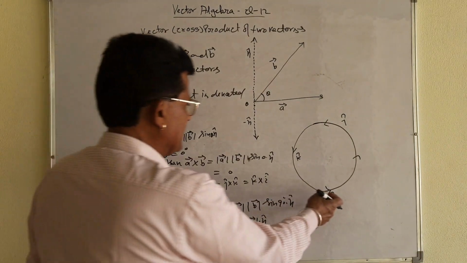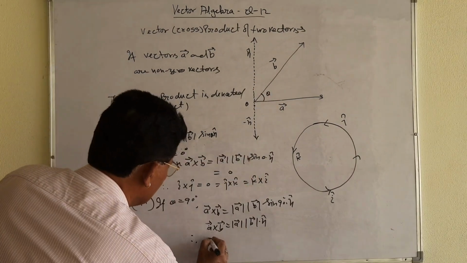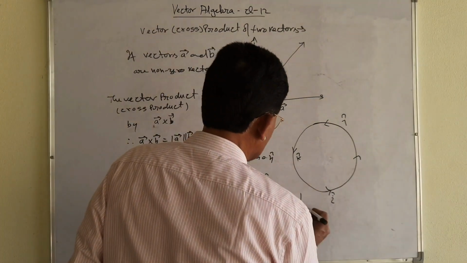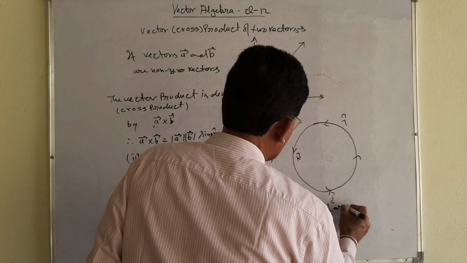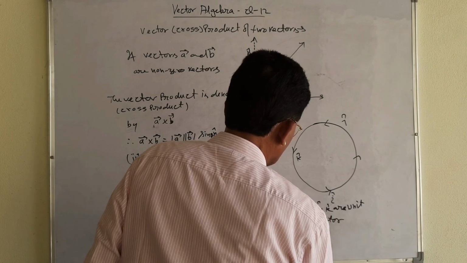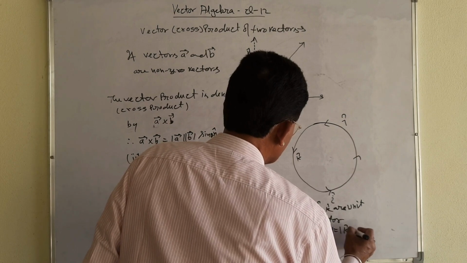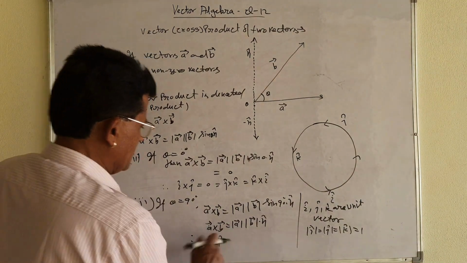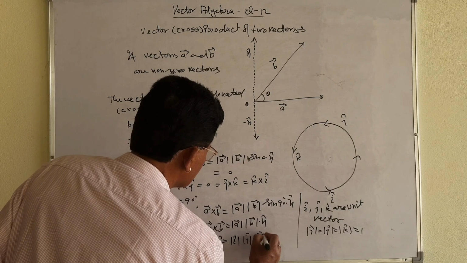Let me take the result. I, if angle is, this is I, this is J, what will happen? I cross J. These are the unit vectors. I, J, K are unit vectors. ये याद रखना है भाई, अदरवाइज तो रिजल्ट आपका कंफ्यूजन में हो जाएगा. यूनिट वेक्टर्स. और यूनिट वेक्टर्स में क्या होता है? मैग्नीट्यूड ऑफ I, मैग्नीट्यूड ऑफ J, मैग्नीट्यूड ऑफ K, इट विल बी इक्वल टू 1. मैग्नीट्यूड ऑफ द यूनिट वेक्टर विल बी इक्वल टू 1. दैट इज व्हाई यहां पे पुट अप करेंगे आप मैग्नीट्यूड ऑफ I और मैग्नीट्यूड ऑफ J एंड साइन 90 डिग्री.